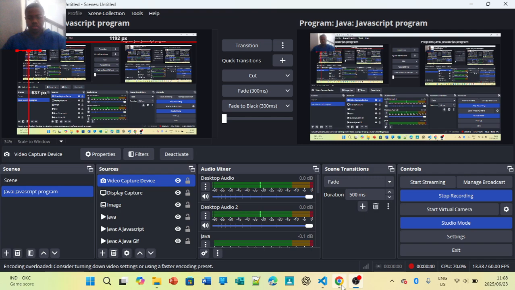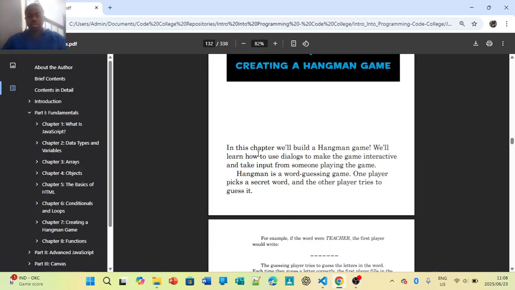In this chapter we'll build a Hangman game. We'll learn how to use dialogs to make the game interactive and take input from someone playing the game. Hangman's a word guessing game. One player picks a secret word, the other player tries to guess it. For example, if the word were teacher, the first player would write: